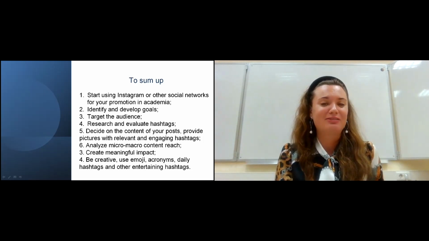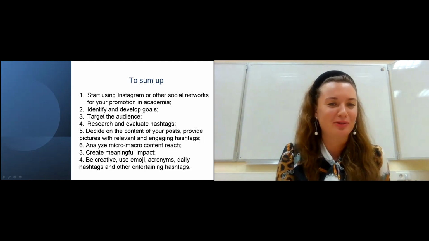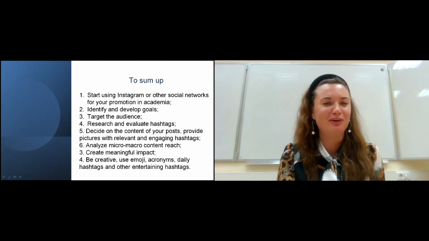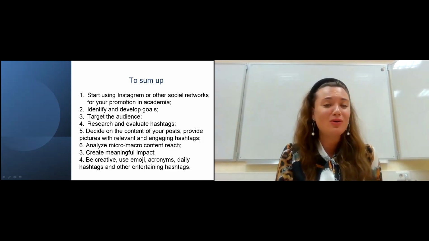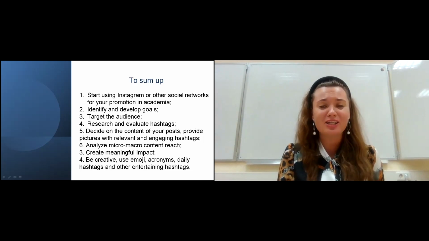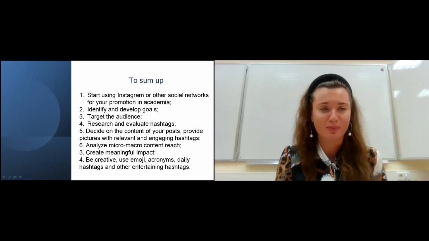I don't think it's really a problem for professors, because we need to be creative in our research. We need to find new themes for research constantly. So be creative, use emoji, acronyms, daily hashtags, and all the entertaining hashtags you can come up with.